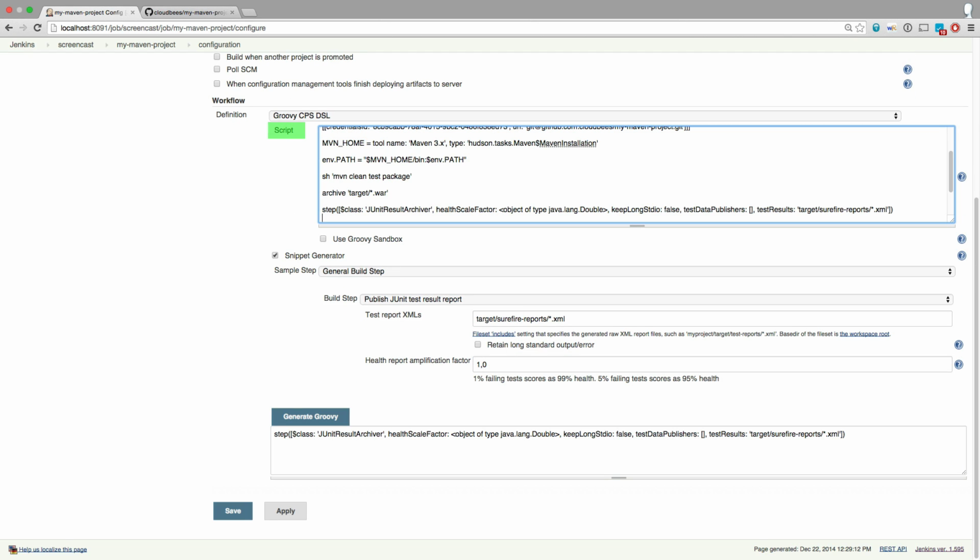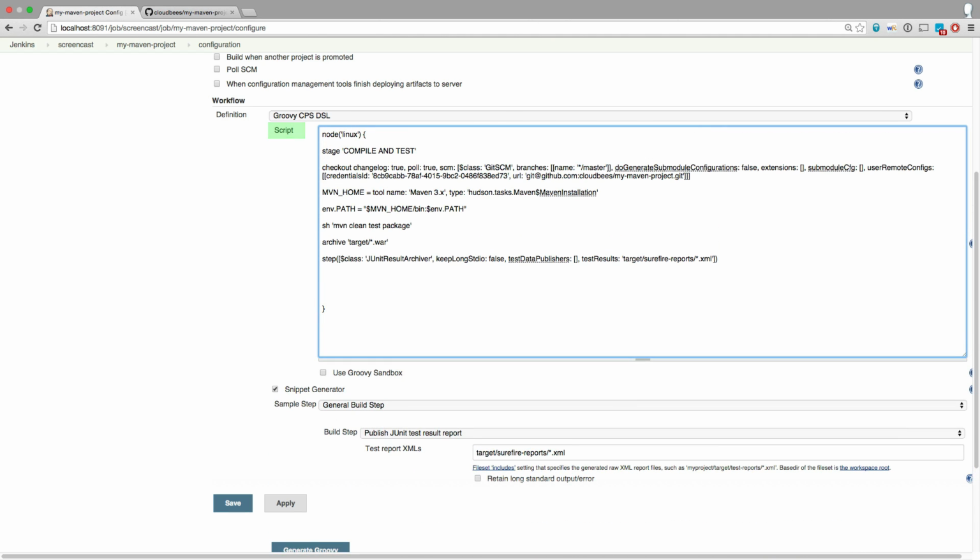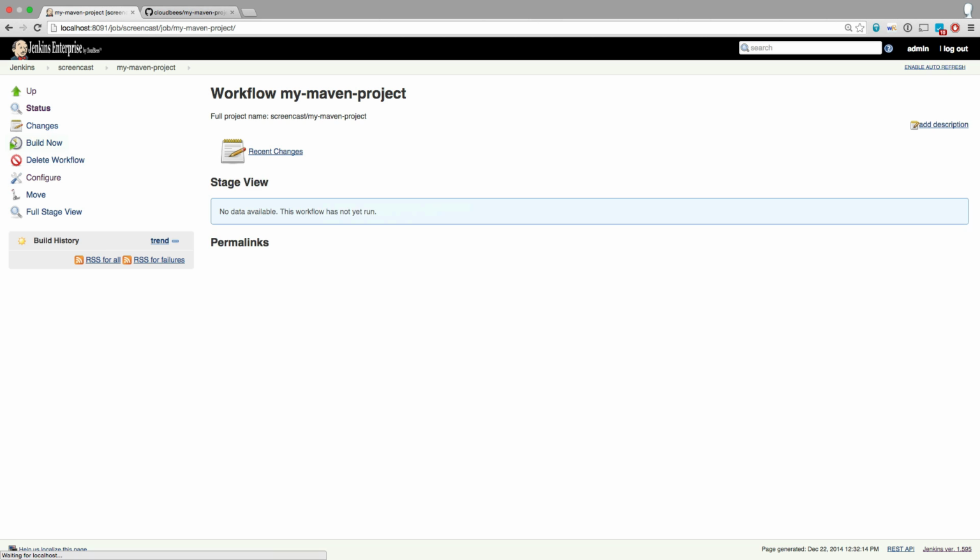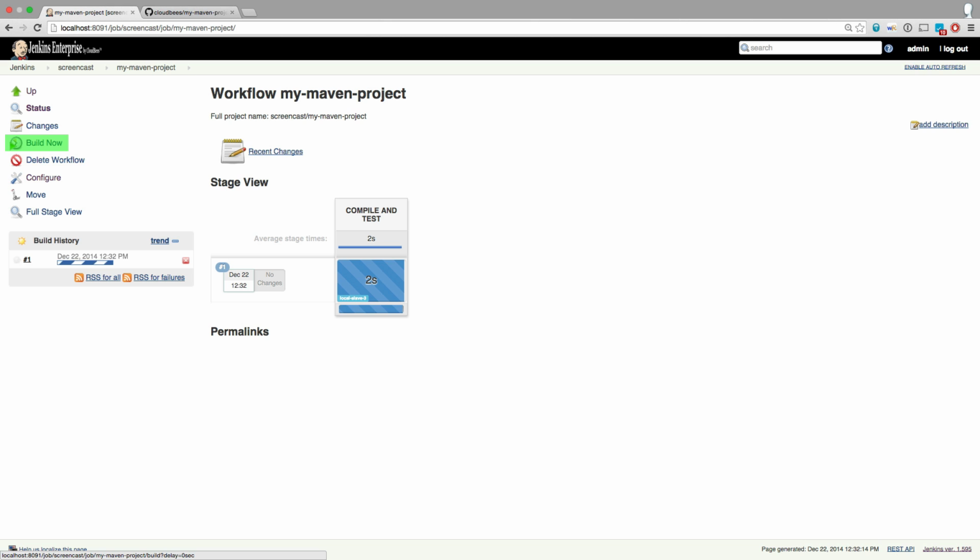I slightly clean up the generated JUnit publisher code snippet. And that's it, my workflow is defined. I can now save it and run it with the standard build now command. I can see the standard progress bar of build number 1 in the build history section on the left side